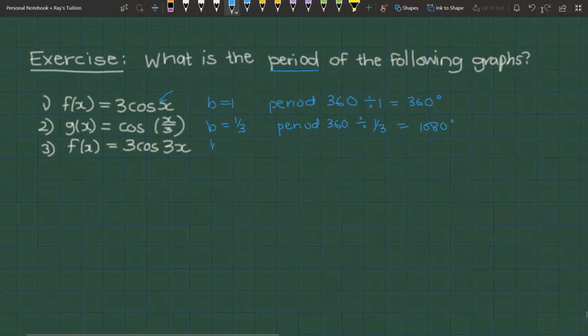The last one is b is equal to 3, the coefficient of x. So our period is 360 divided by 3, which is equal to 120. So that is how we get the period of the graph,